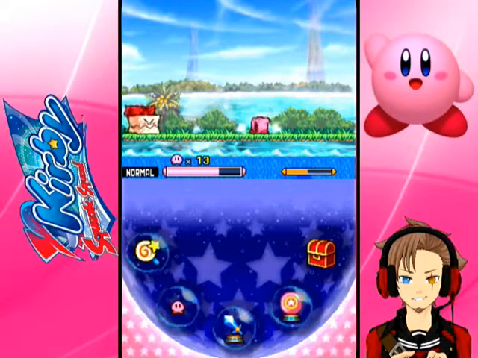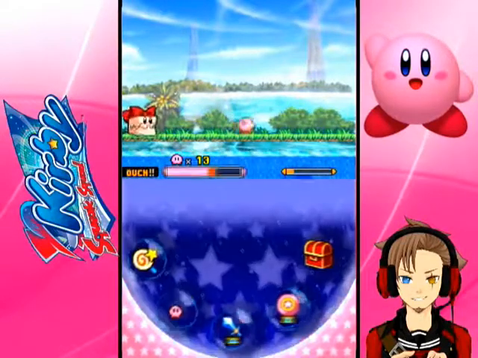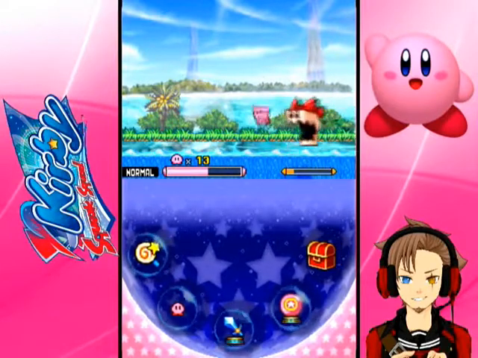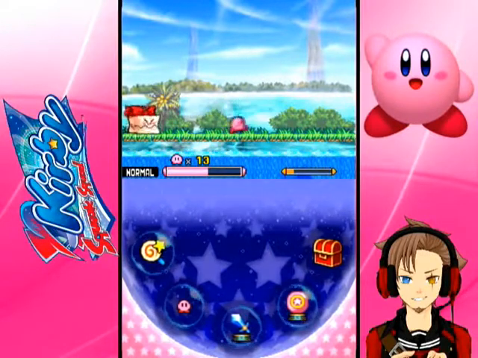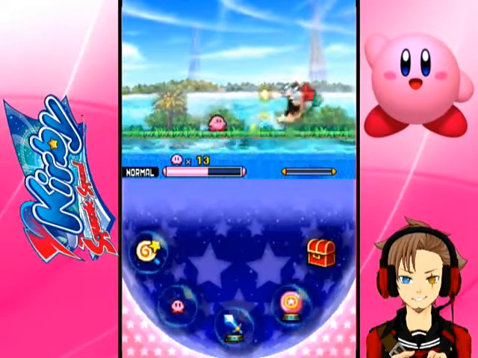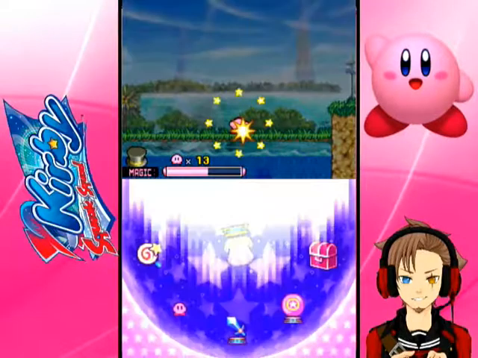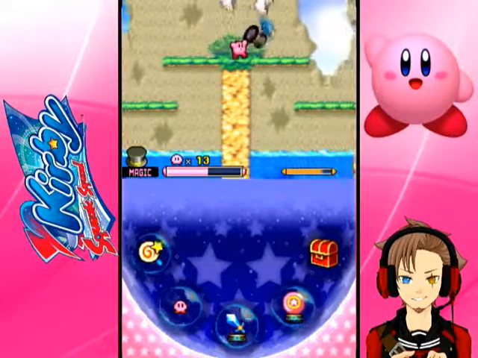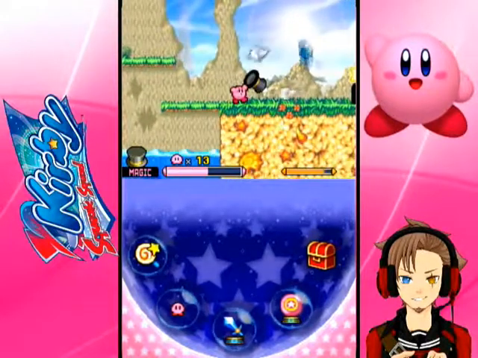Anyway, there's this guy. He lobs presents at us. Fitting that I'm recording this on Christmas Eve and he's lobbing presents at me. Very fitting indeed, good sir. Stop lobbing presents at me. Anyway, you eat this guy and you get Magic Kirby. Magic Kirby is interesting. It's got a wide...